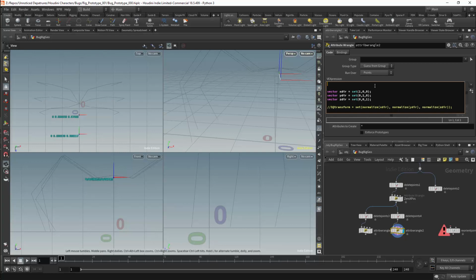Anybody who is familiar with either C or C++ will recognize this. #include, then we have quotation marks, and within these we'll have KineFX.h. This will give me functionality, in this case, it will allow me to find the parent or the child of a current joint. So for these points, we're going to work on each point individually, and I'll be specifying each